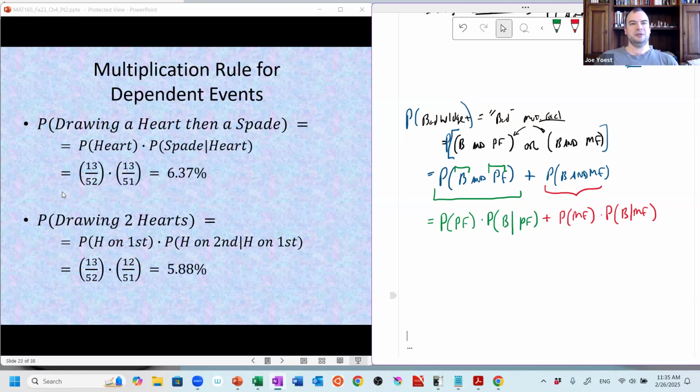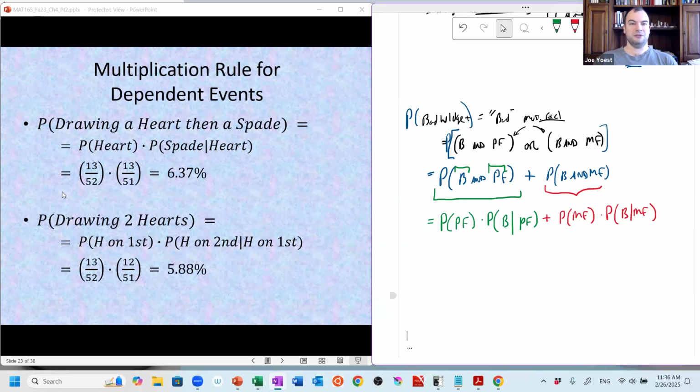What's the probability of drawing 2 hearts on 2 draws without replacement? I have to get a heart on the first draw and a heart on the second draw. The heart on the first draw is the same as originally, 13 out of 52. And kind of as an aside, even if there were 4 people at the table and I was the last one to go, this wouldn't be like 13 out of 49 or something, because again, I don't know anything about the other people's cards. Still 13 out of 52 for the probability of drawing a heart in the first draw.